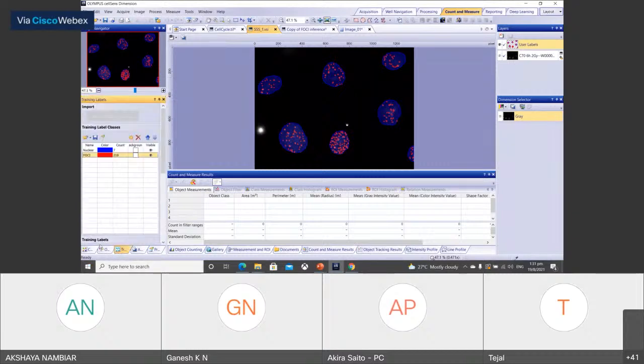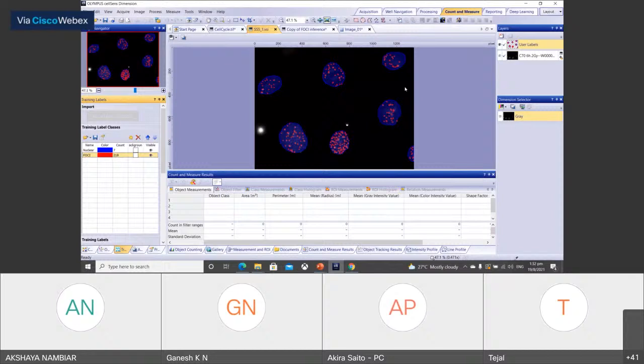In our software, this is an optional function, by the way, so it is not available for all of these dimensions. You need to have the neural network deep learning solution, and if you have that optional solution, then you can find this training label window.